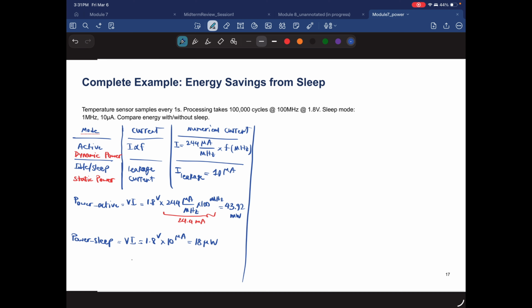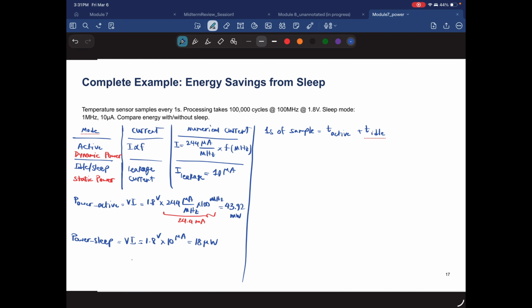Okay? Now, in order to find the energy, we need to multiply power by time. And that's the key here, to see how much of the time the sensor needs to be active, and how much of it can sleep. So between every sample, 1 second of sample, we have to see how much of it is T active and how much of it is T idle. So we can use this idle again